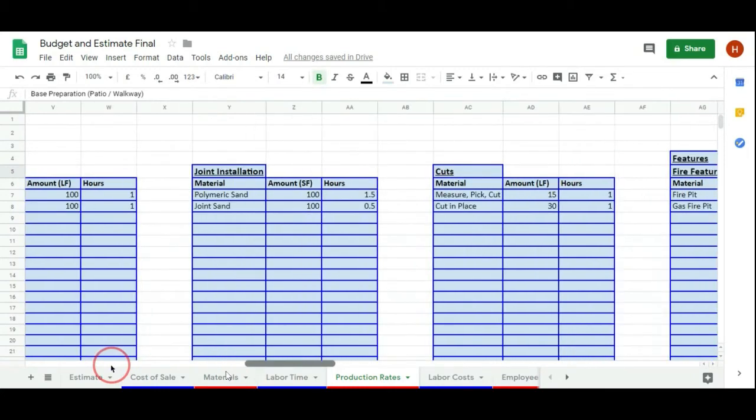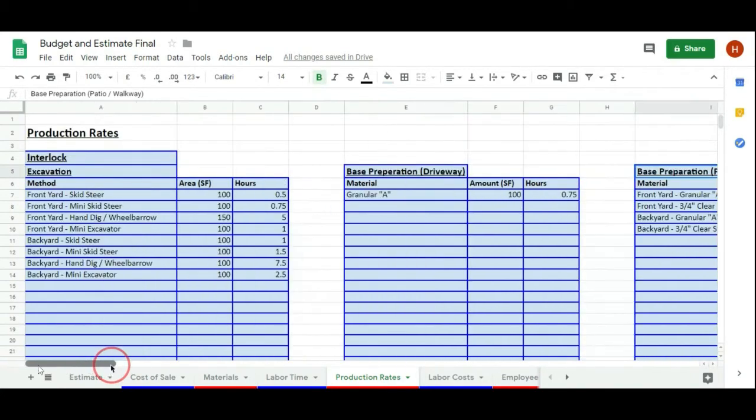Now, we didn't include production rate tracking because it's much easier to do that in a separate spreadsheet, and it's completely unique to everybody's business about how they want to track their production rates. Now, when you get this spreadsheet, you're going to have none of this in here when you get it. These are just here for an example, for this estimate example. We might include them when you get it,